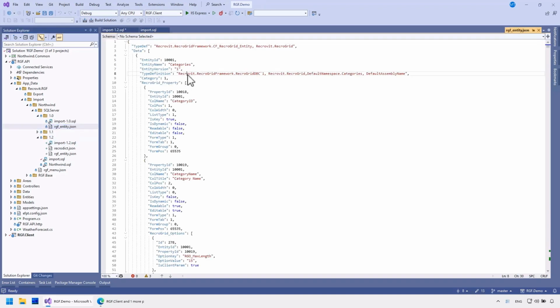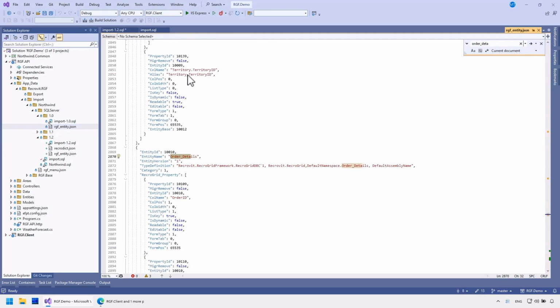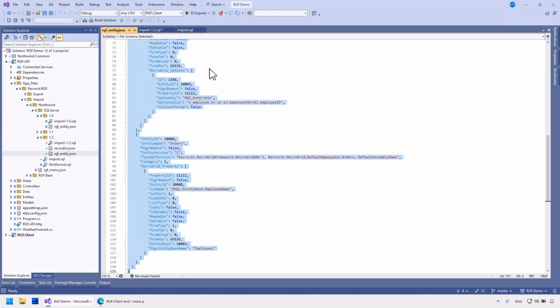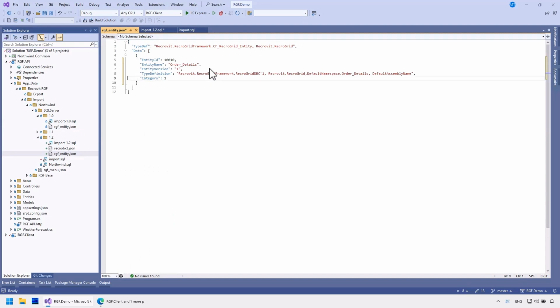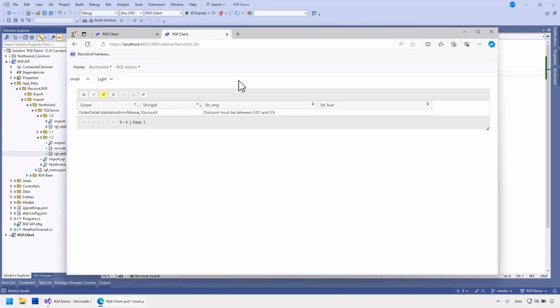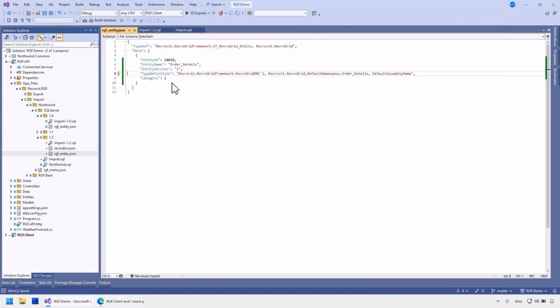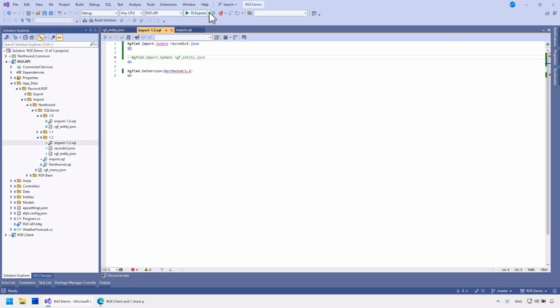I need to modify the entities for order details to the new class. I'll find the original setting and copy it. I'll copy the new setting from the GUI. However, there's a trick here. Since there's a modification here, I need to keep the original entity name and specify the new name in a special property called migraname. I'll update my own version.